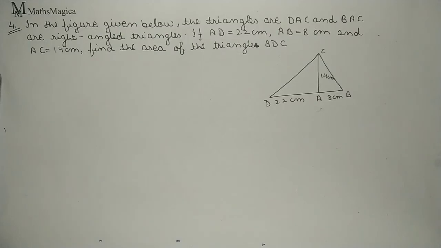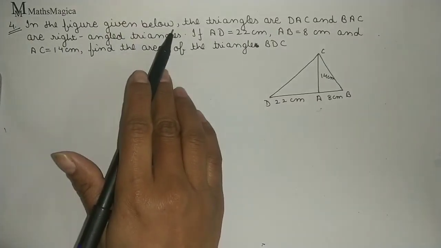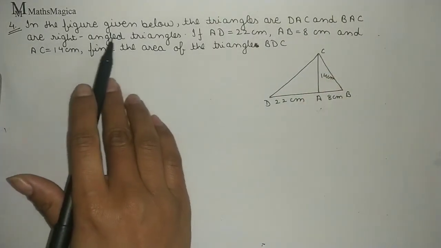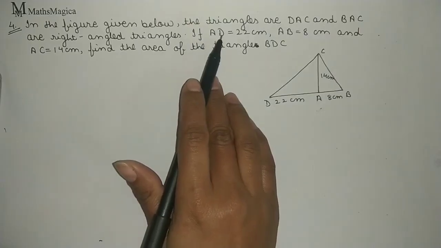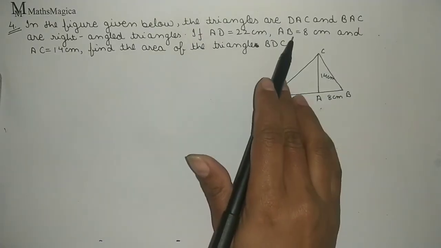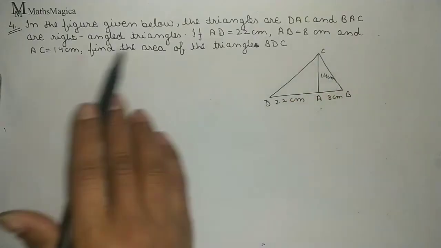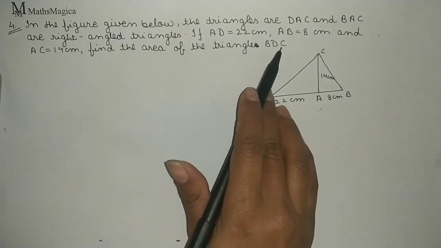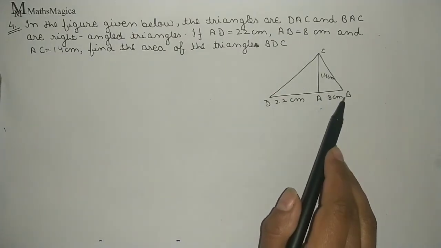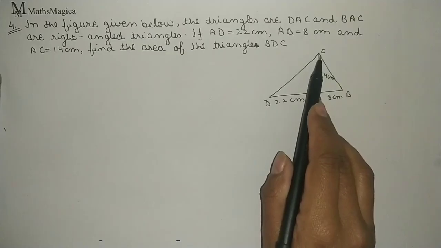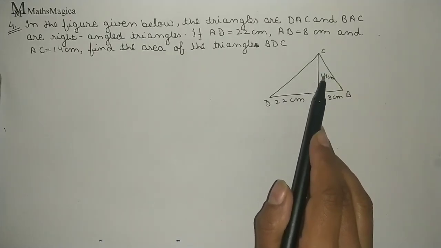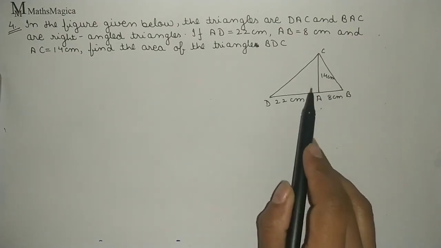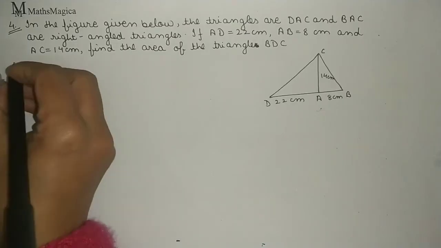Now the fourth question is, in the figure given below, the triangles DAC and BAC are right angled triangles. If AD is 22 cm, AB is 8 cm and AC is 14 cm, find the area of triangle BDC. This is a given figure, triangle BDC. It divides into two right angled triangle, triangle DAC and triangle BAC. Now the solution of question is,